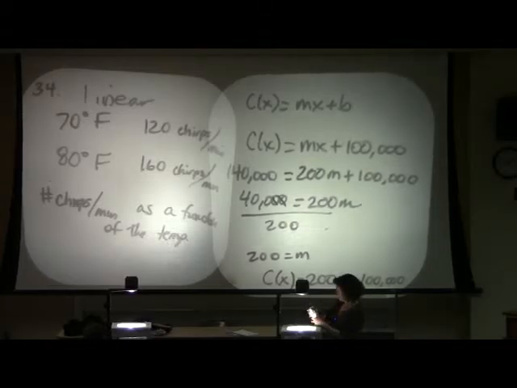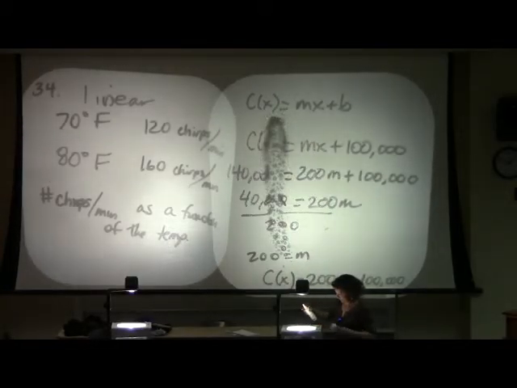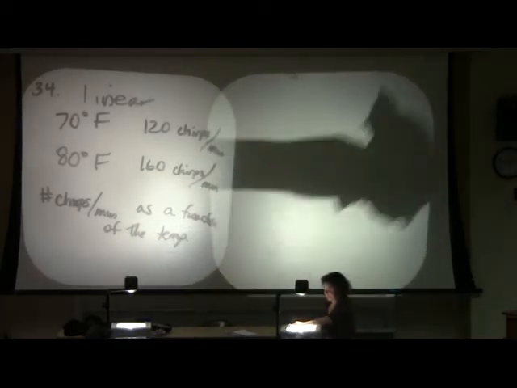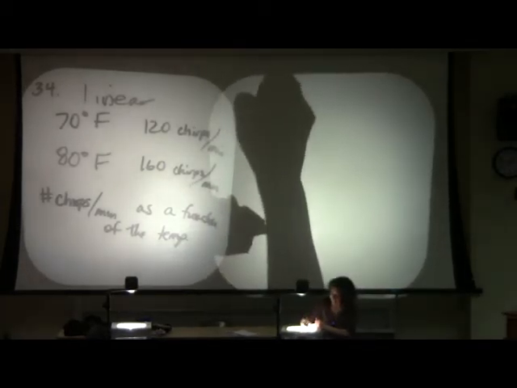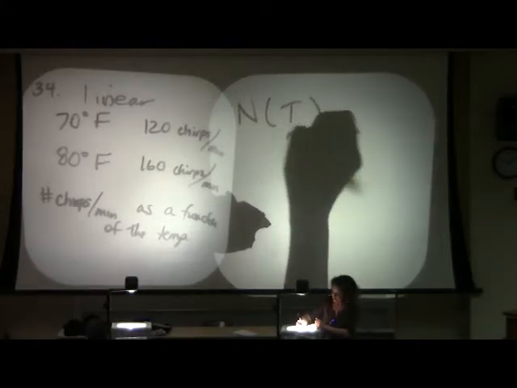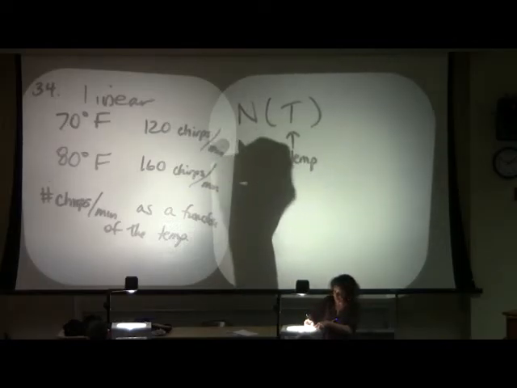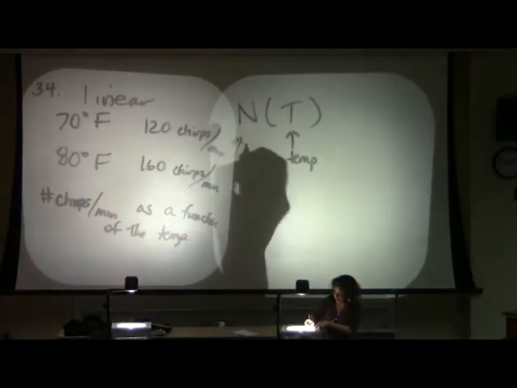So, you could say that it's essentially N of T. So T is the temperature. Essentially, that's like our X value. And our function value, the N, is the